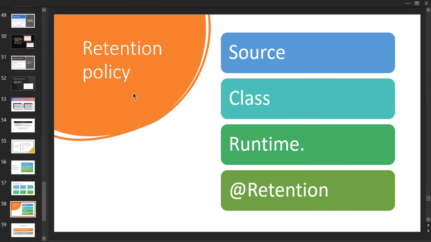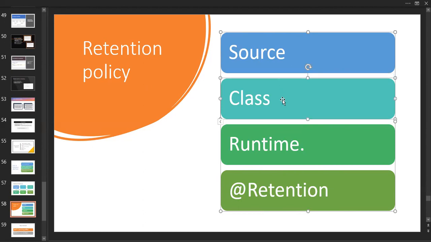Okay, so here the source. What is this? In this case, we are going to take the source file and discard it at the time of compilation. Again, I'm telling you, we are going to discard it at the time of compilation. Before the compilation, the annotation is going to end. There is no need of using that.